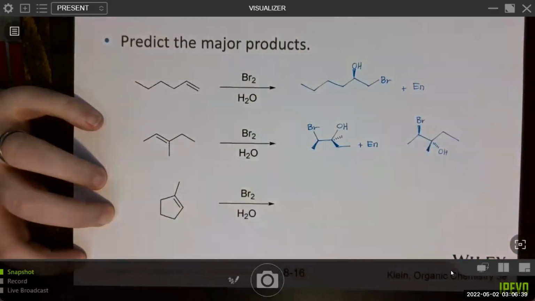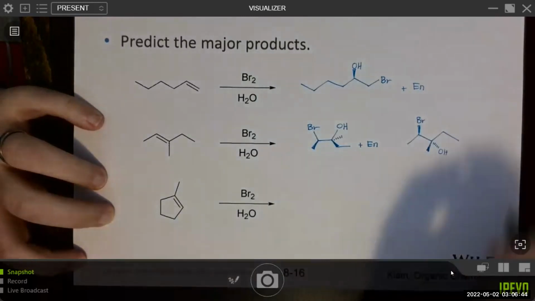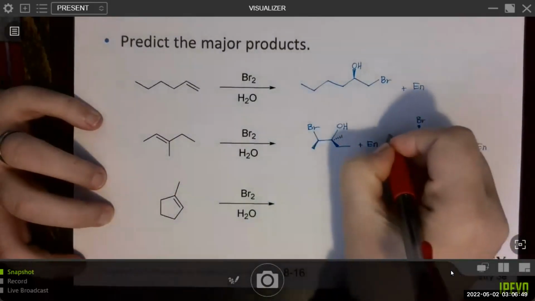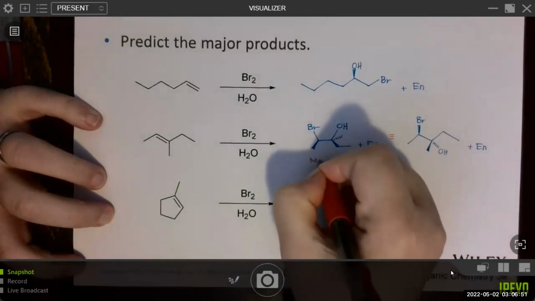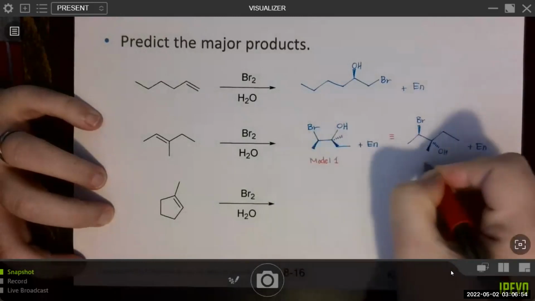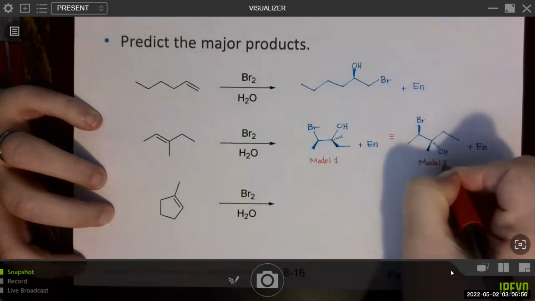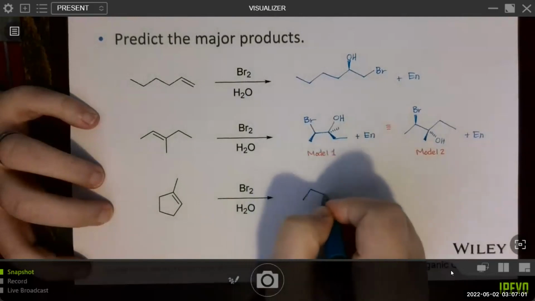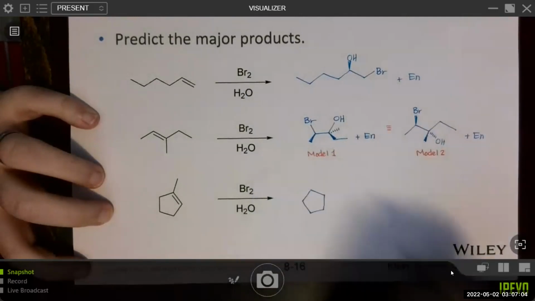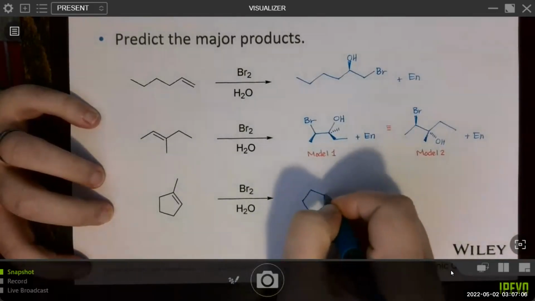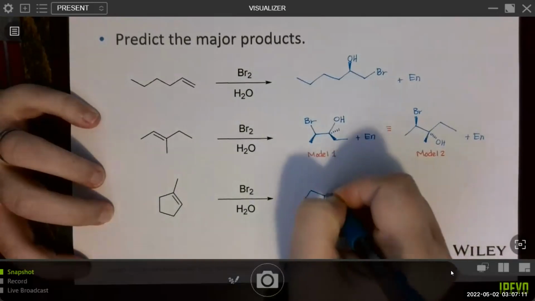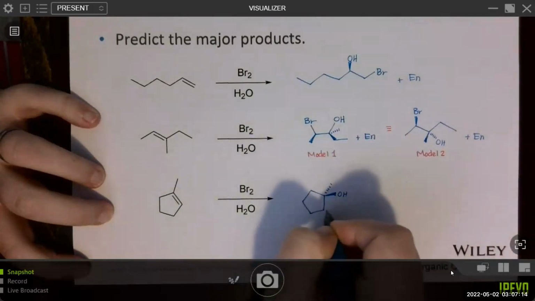which move this methyl group forward on a wedge. Okay, so this also produces a mixture of enantiomers. And again, this is the same product, just drawn two different ways. Model 1, right, or model 2. The last one is most common to use model 2 with cyclic structures. So we'll just place the OH group at the more substituted carbon here. We just want to make sure that we draw the anti.